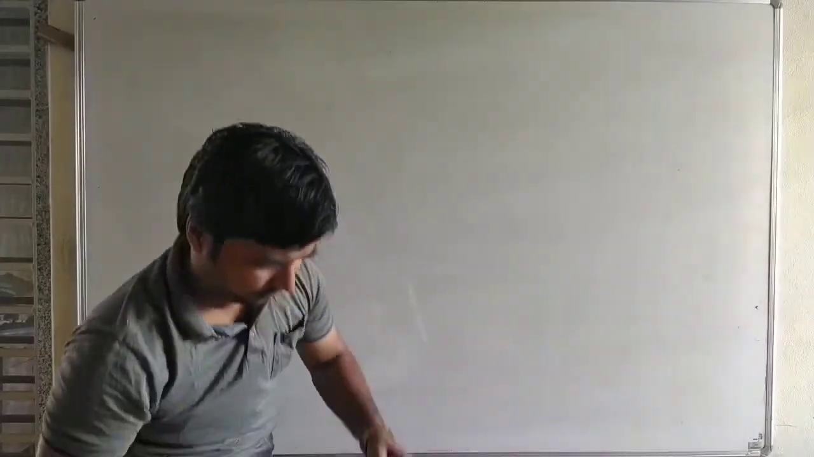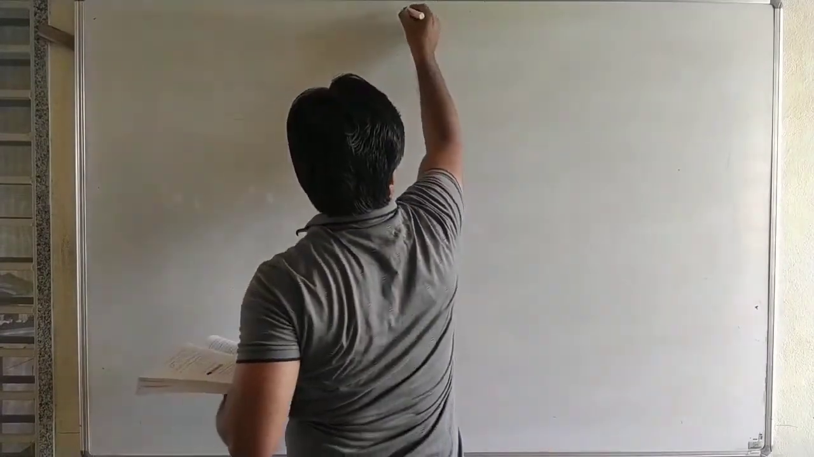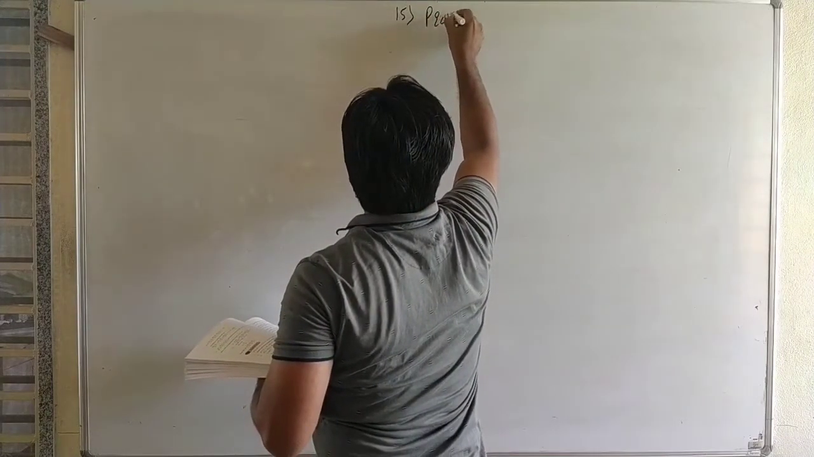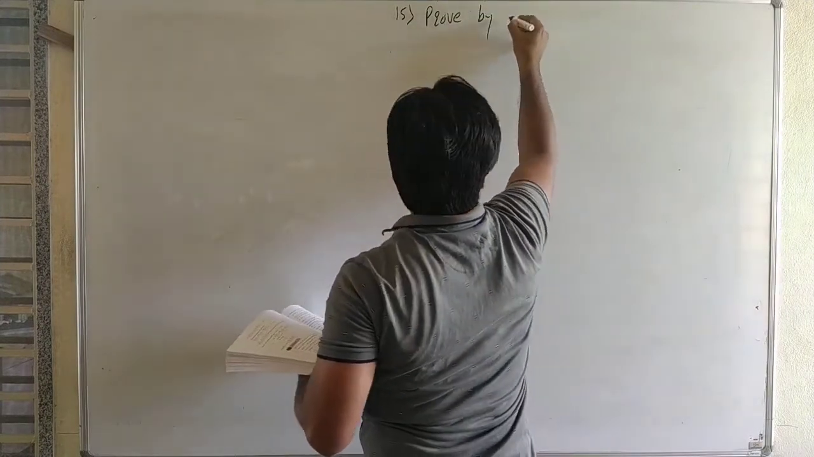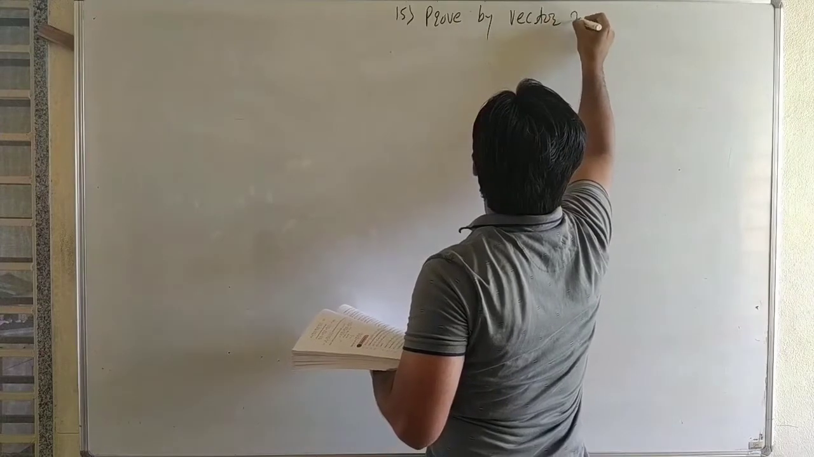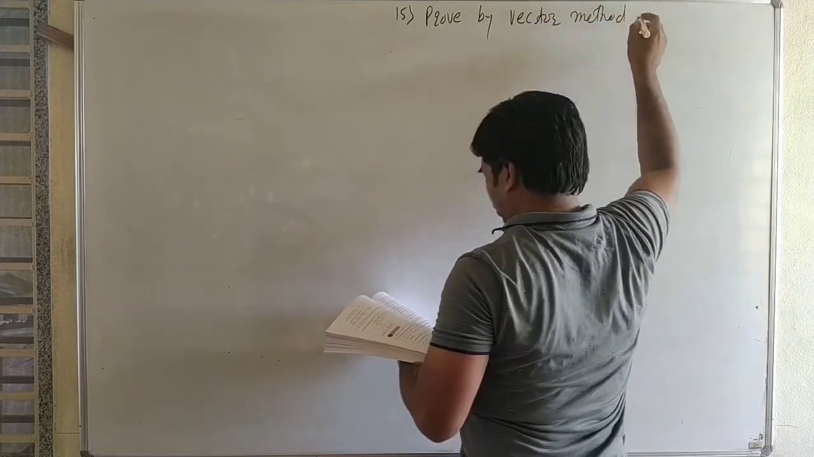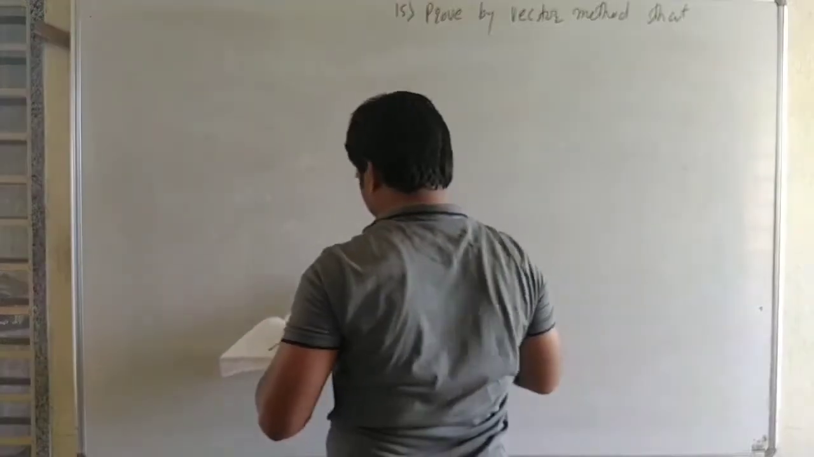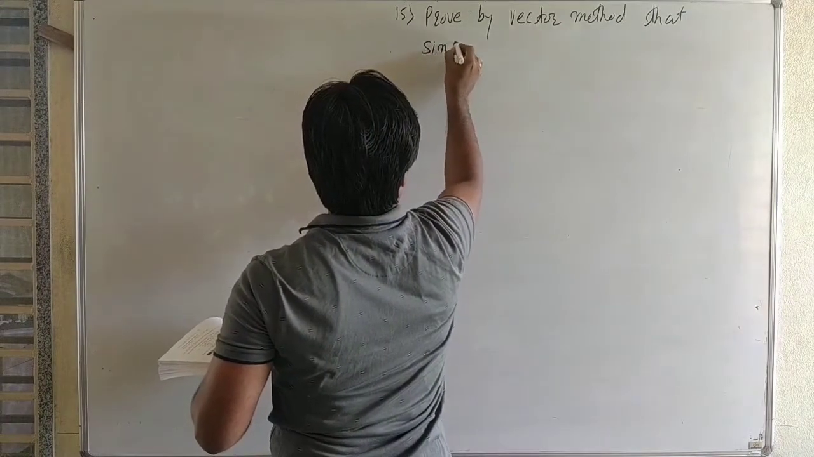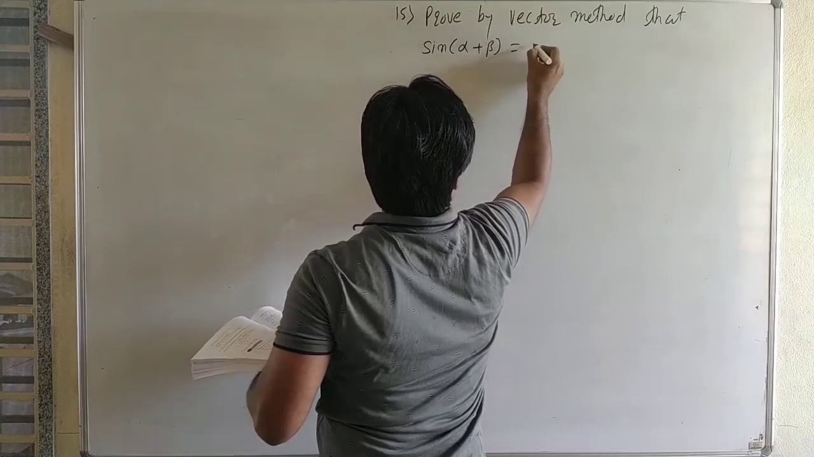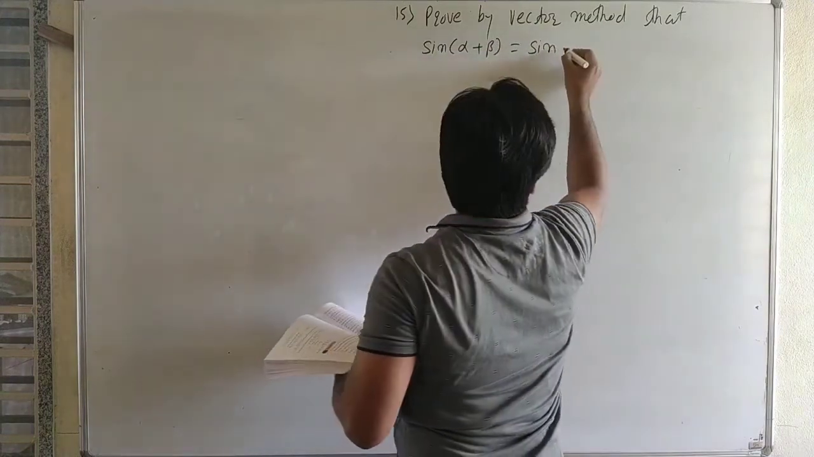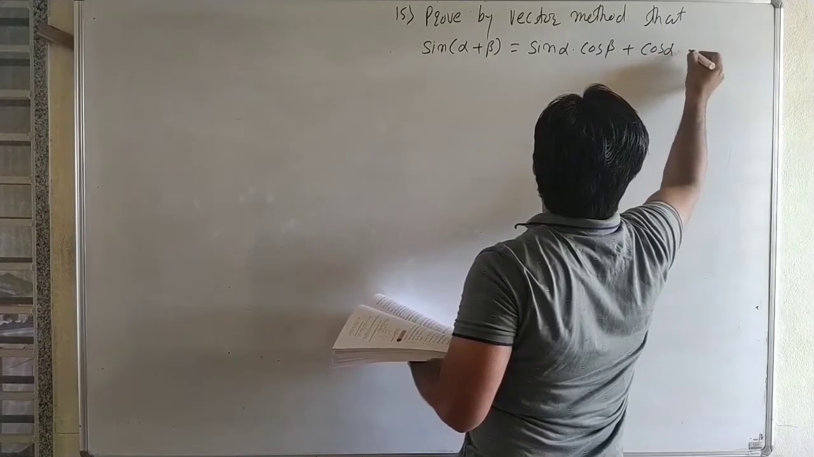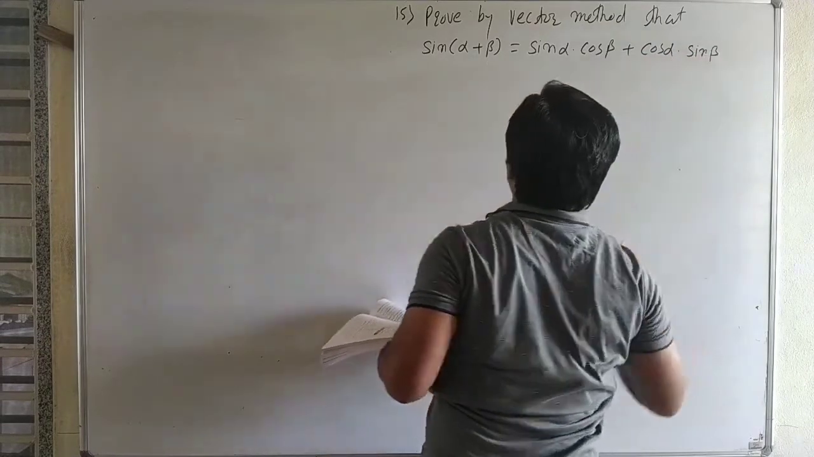Now next, prove by vector method that sin alpha plus beta is equal to sin alpha into cos beta plus cos alpha into sin beta. Okay, now